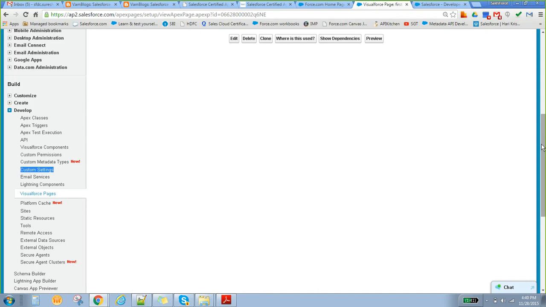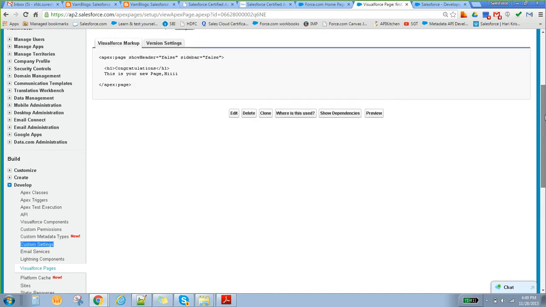Why is a custom setting required? Let's say I am hard coding your email ID in one of the classes and I deploy the code into production. Tomorrow, you change your email ID. If the email ID is part of the code, then we have to change the code, which means testing and deployment are required. That is all involved.